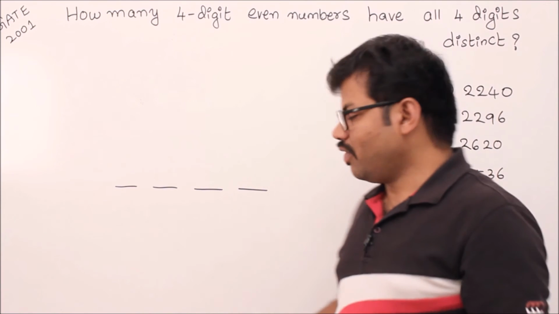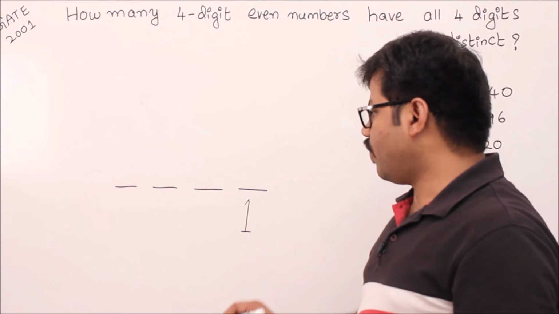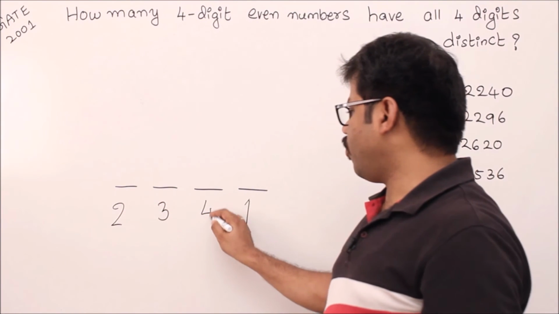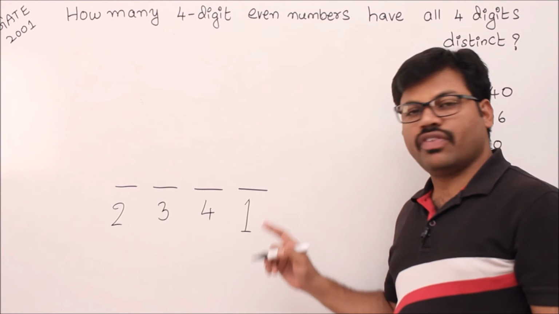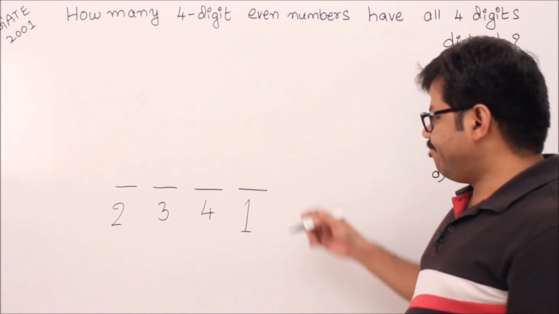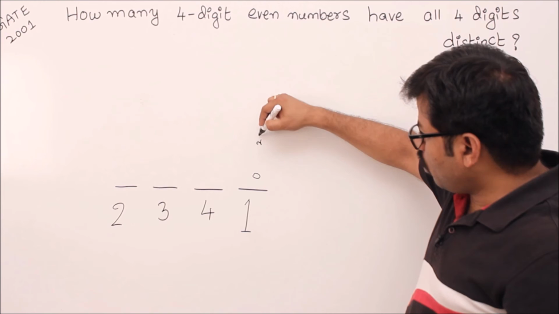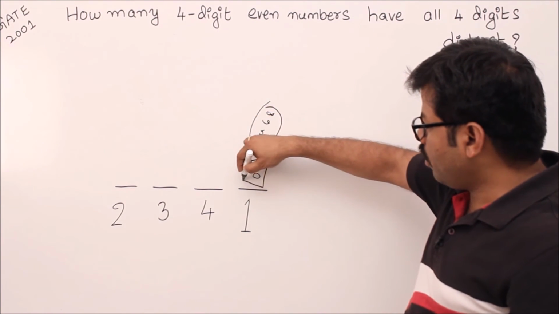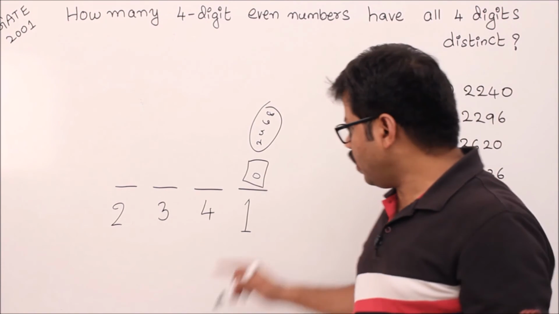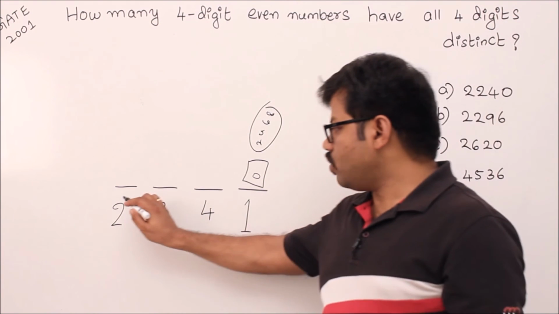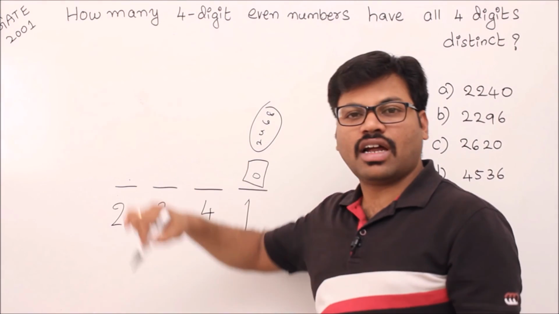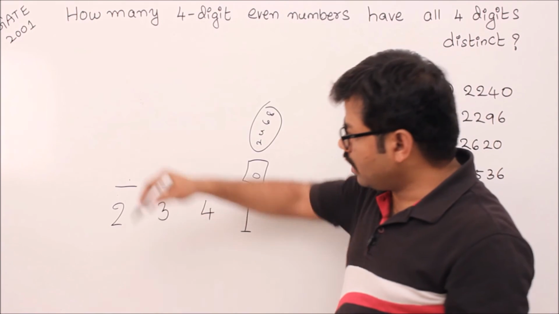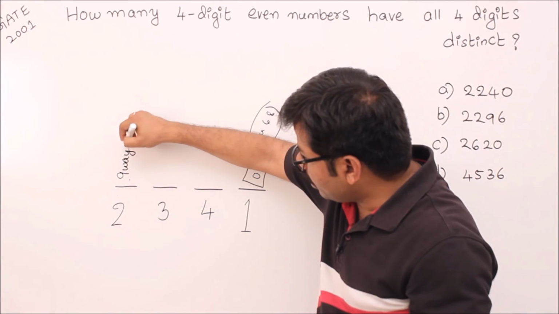Let's try the second method. First I fill position 1, after that position 2, after that 3, after that 4. Let me follow this flow. Then how many different ways can you fill this position? 0, otherwise 2 or 4 or 6 or 8, isn't it? Let me divide them into 2 parts. Case number 1 where I filled 0. If I fill 0 here, then how many ways can you fill the second position? Since leading zeros are not allowed and 0 is already used, anything other than 0 can be used, so there are 9 ways to fill it, isn't it?